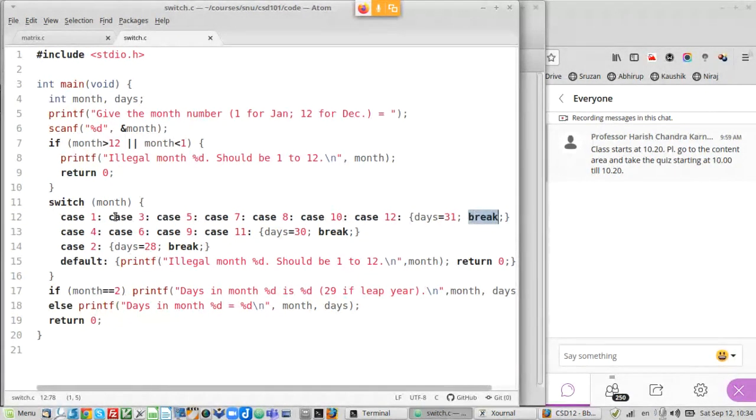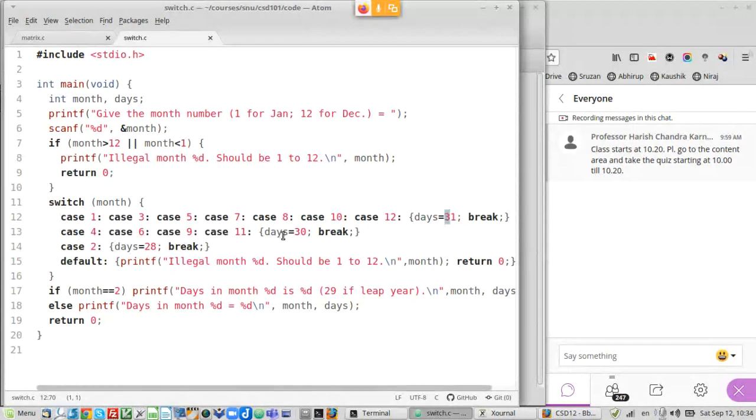If you don't say break, then it will come to the next case, which is this one. Once again, here also we are saying break, and here again we are saying break. So these are all the months with 31 days.